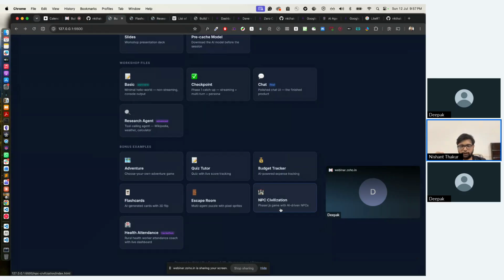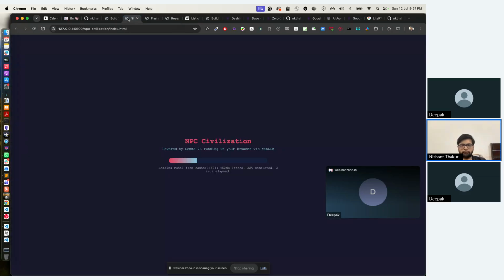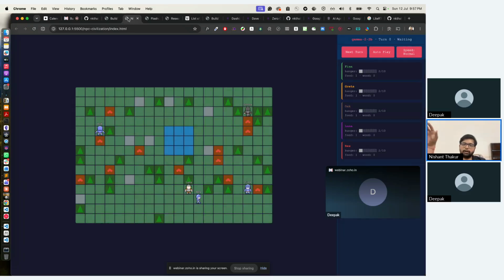I can also go to something like this NPC civilization. What I did was use Phaser.js. Essentially, this is a game engine used to create nice 2D games. Since we do have a JavaScript environment, I added Phaser.js, and then I added the WebLLM, and you see these NPC players, essentially extra players in a 2D game. And I've asked this WebLLM to start moving these NPC players based on the rules of